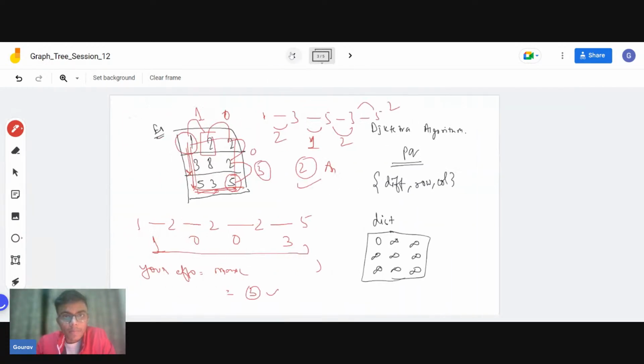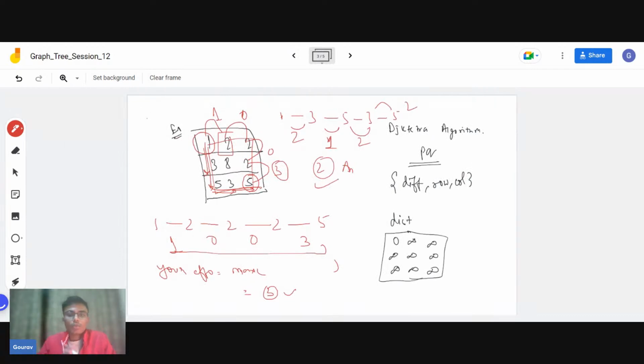Let me tell you, you all know what exactly Dijkstra's algorithm is. Dijkstra's algorithm was helping us find the shortest path from any given node to all the other nodes. For example, we had a starting node and we were trying to find the shortest path for every other node from the starting node. Initially, we used to take a priority queue, and in the priority queue we used to push the distance and the node number. The priority queue used to be of the min heap type.